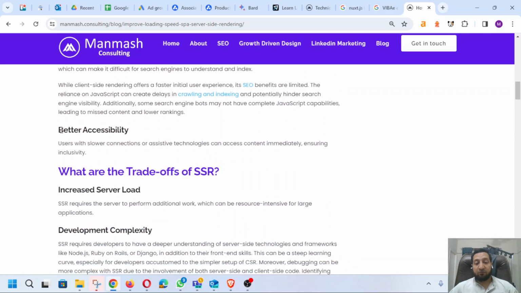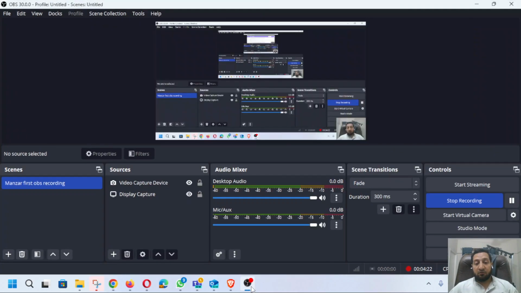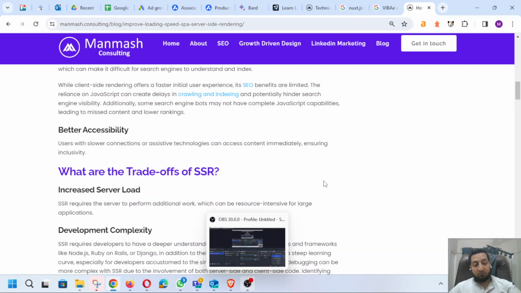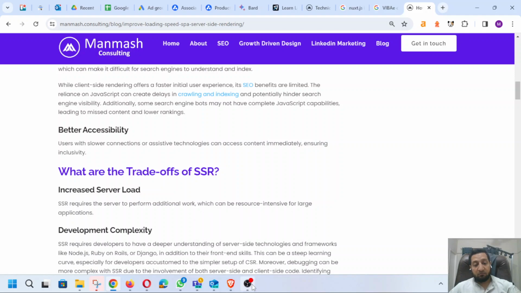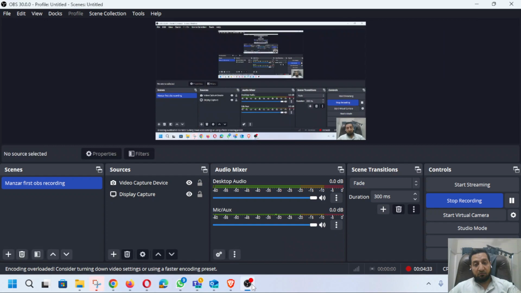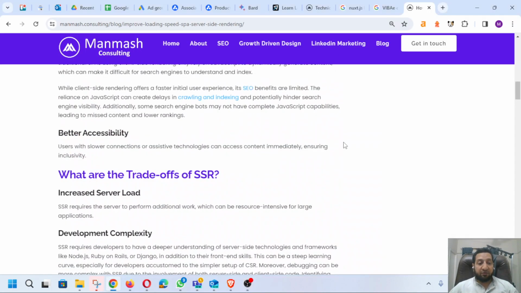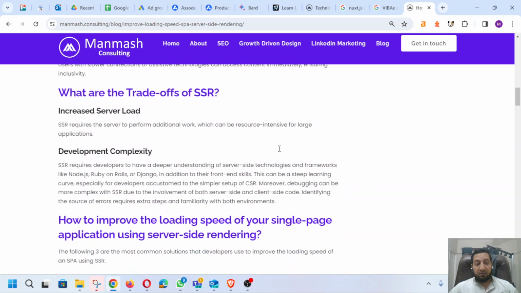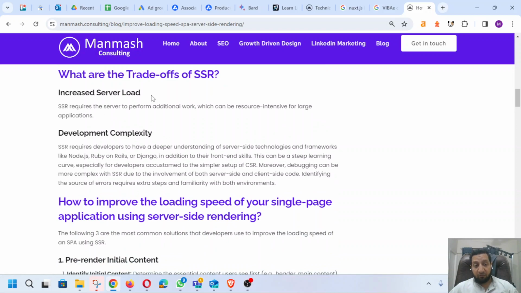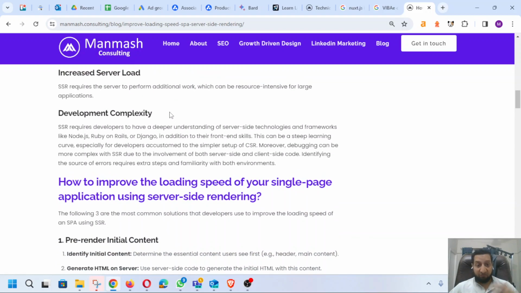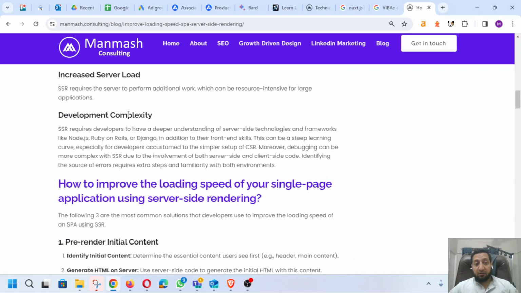It also involves better SEO and better accessibility. So these are the trade-offs of server-side rendering: increased server load, because your server has to do a lot of heavy lifting. It's resource intensive and development